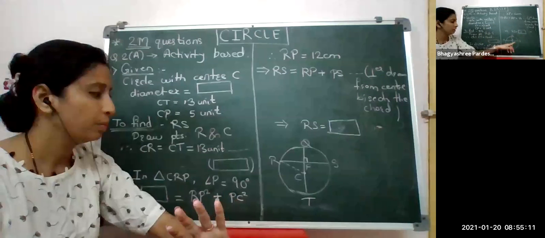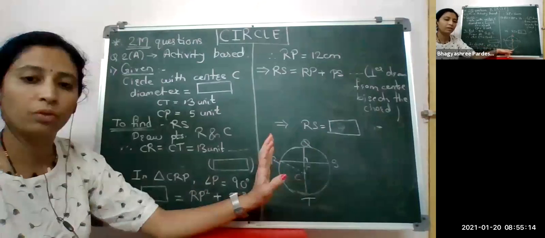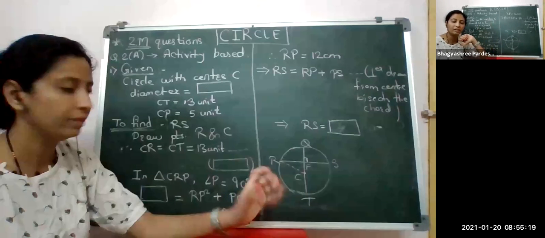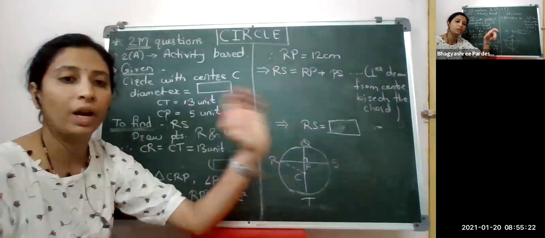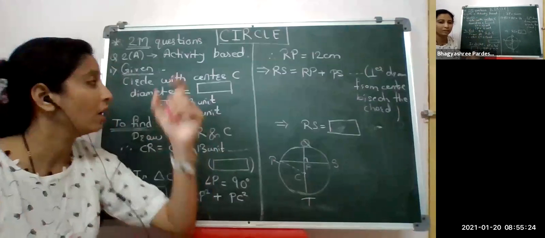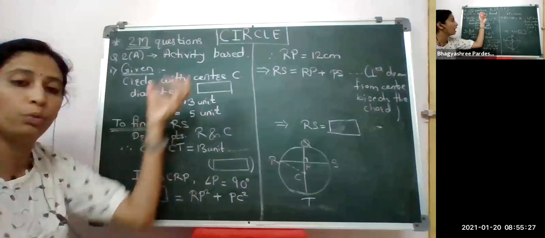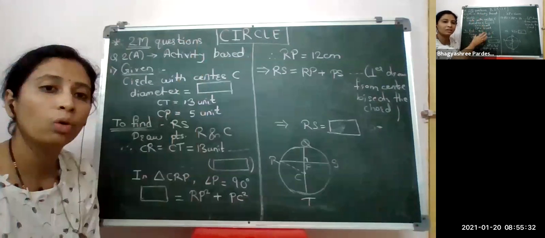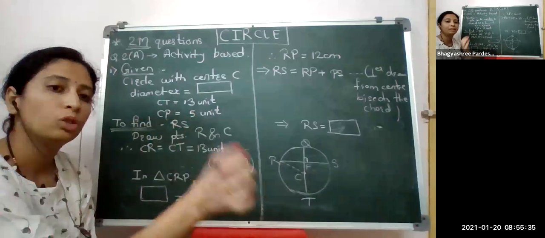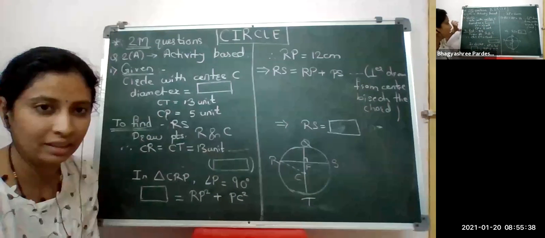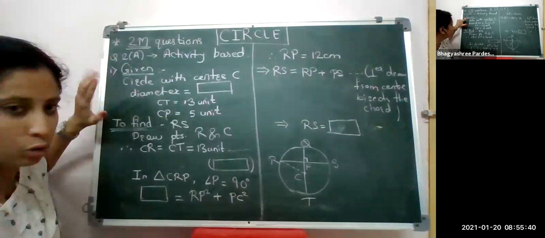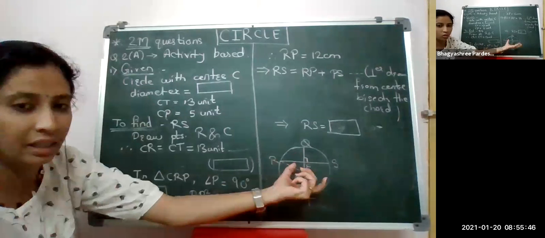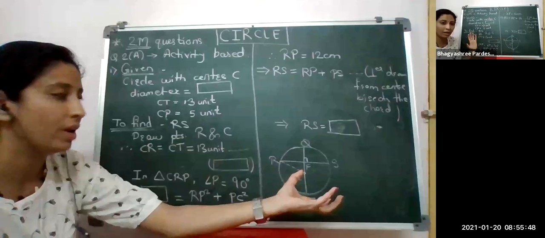Simply, the circle is given, the center is given, diameter QT is given, the measurements of CT and CP are given, and we have to find RS. If this was asked for direct solving, we would have to solve it properly. But since this is asked as an activity based question, 90% of the answer is given to you. You have to just solve the remaining 10%. So this is the solution; the given part, which is directly in your question, we have to write in our own language.